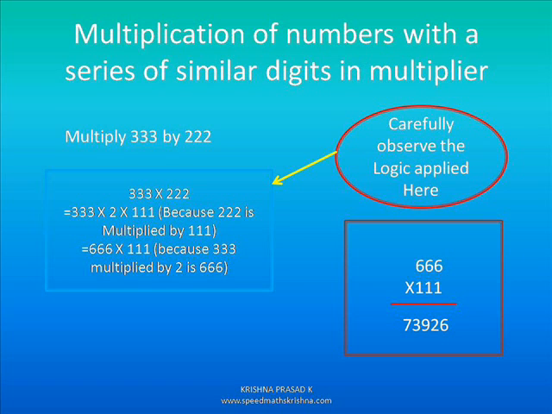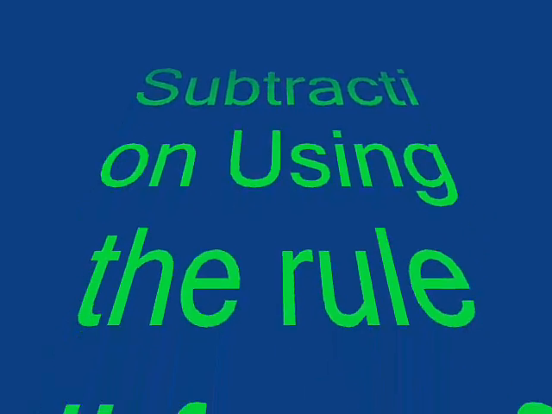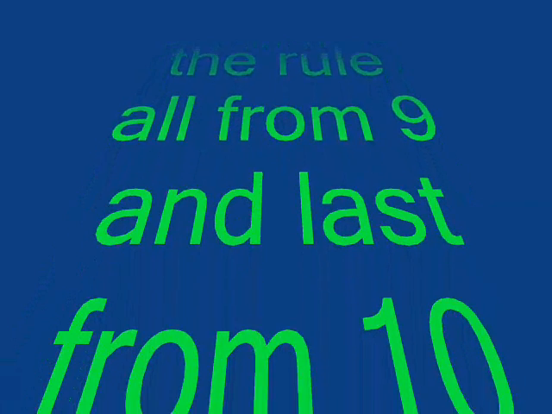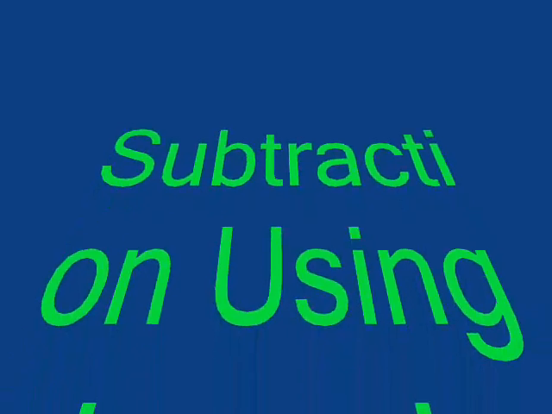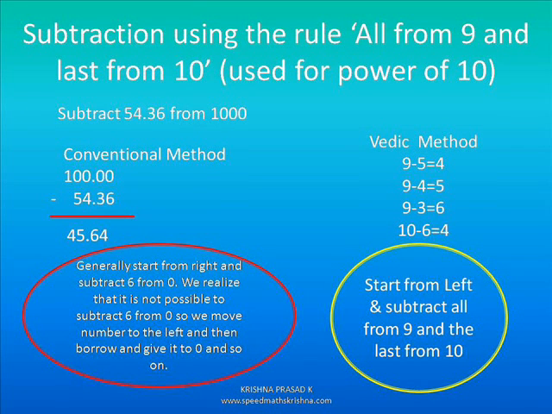Let's move to the last topic, or last type of problems, that is subtraction using the rule all from 9 and last from 10. This is used only for powers of 10 like 10, 100, 1000, 10,000, 1 lakh, 10 lakh, 1 crore, etc. Let's take an example. The first number, the larger number, should be a power of 10. Let's take an example, 100 minus